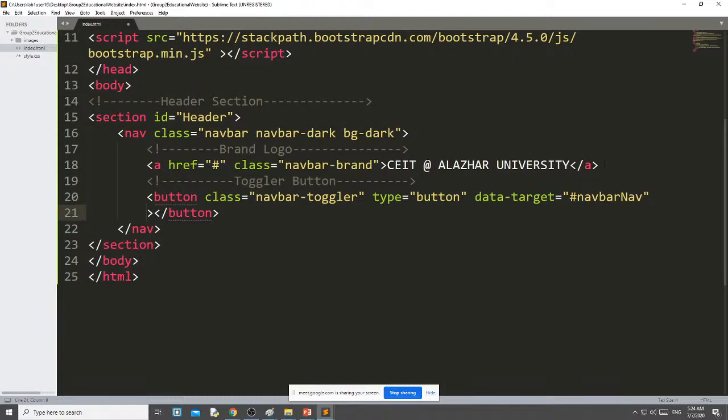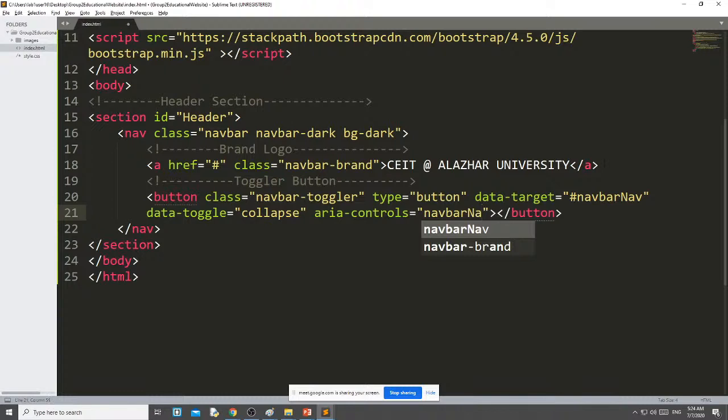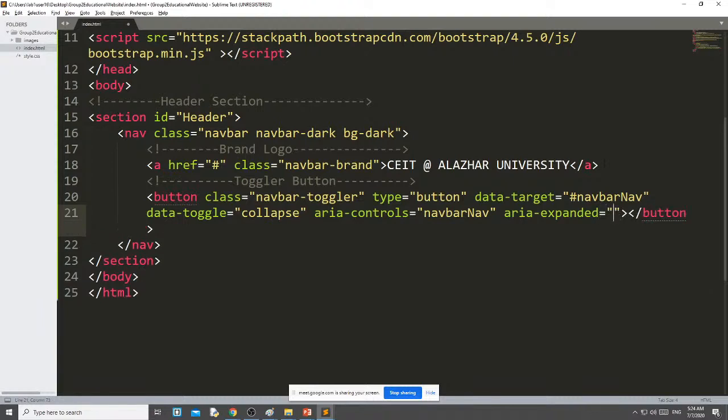Then data-toggle equal to collapse. Then aria-controls equal to navbar-nav. Then aria-expanded equal to false, meaning by default this toggler button is not expanded.